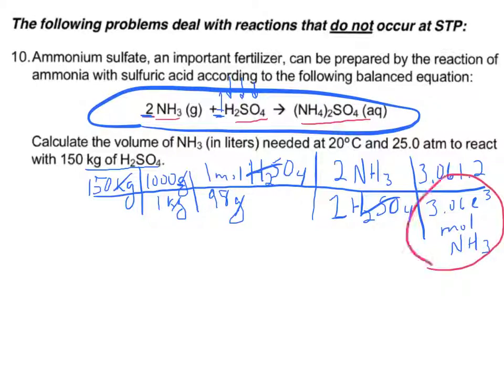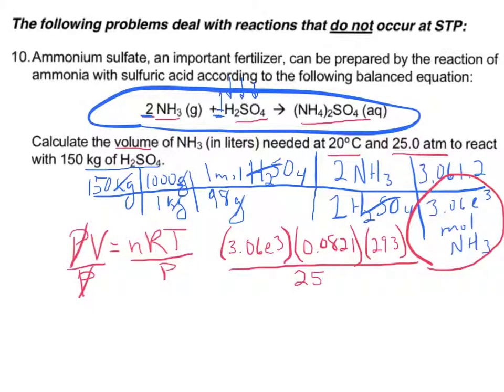What we're looking to solve for is the volume of NH3. The other information we're given is the temperature and the pressure, so we're going to use PV equals nRT. Now that we know that, we solve for volume by dividing both sides by P. P cancels on this side, and I get nRT divided by P. So if I plug my values in,